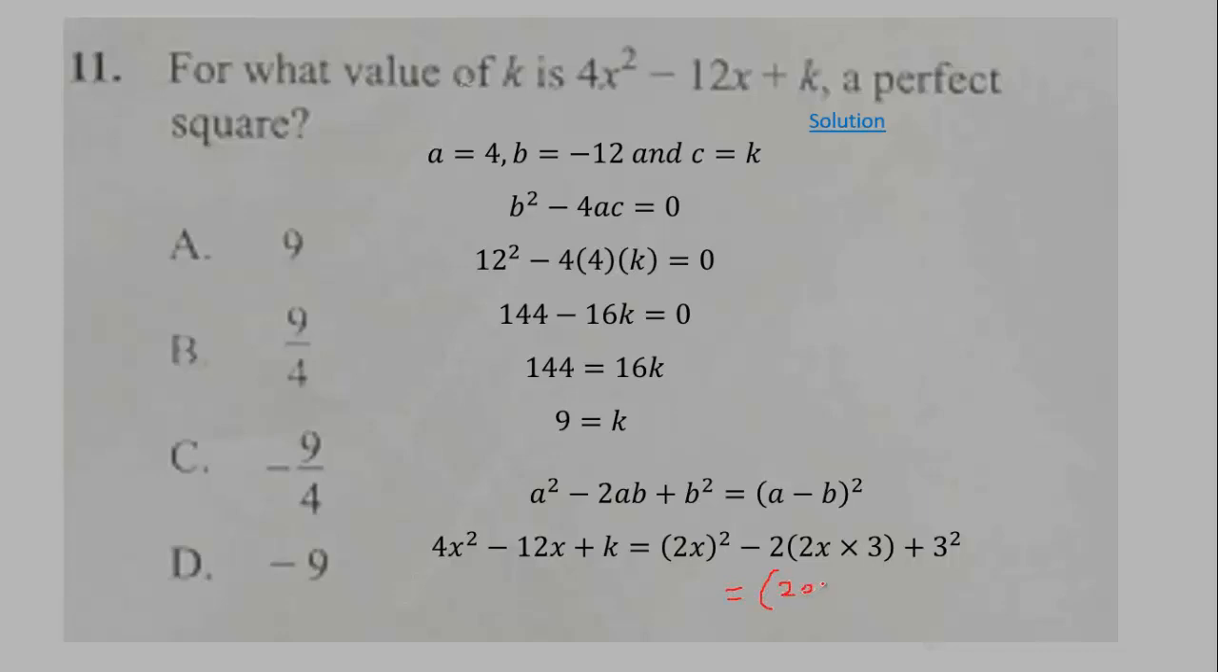So it means that the k is 9. K is equal to 3 squared, which is 9. So the answer is